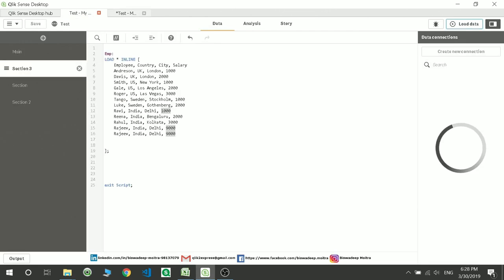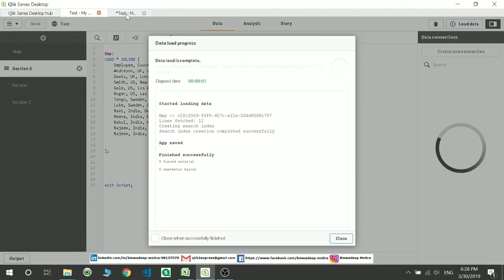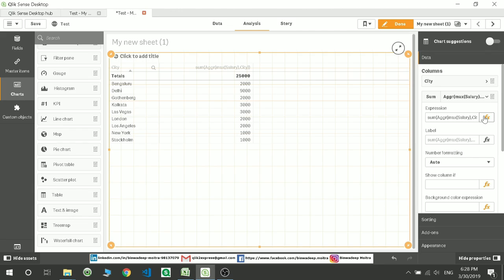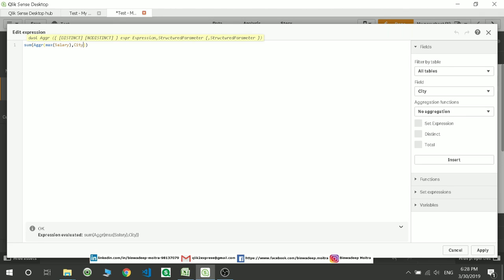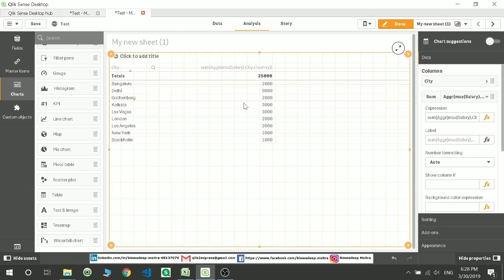Similarly, if I had changed the value over here to 1000 or 2000, out of these three records the maximum value is 9000, so it's going to give you 9000 itself. The value again is not going to change. So this is how you use your aggregation function. Secondly, it is not only one dimension you can aggregate with. You can aggregate with country, etc., whatever dimension you want. Now it's not going to change the value because we have filtered the data based on my city.